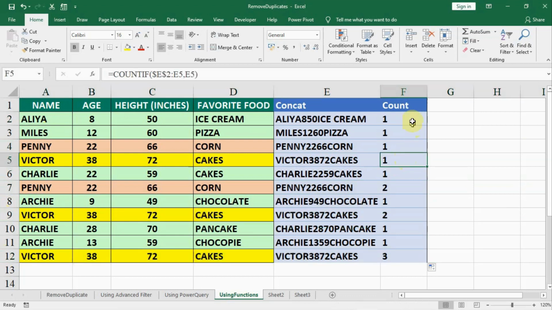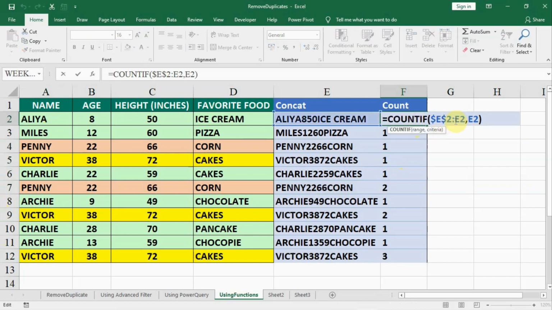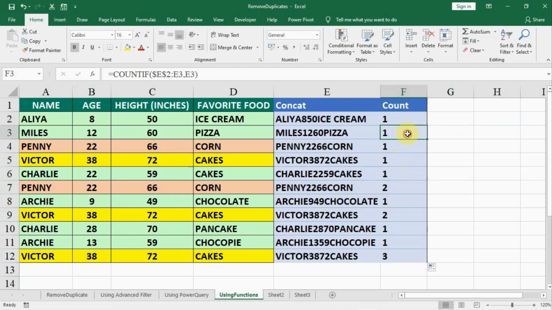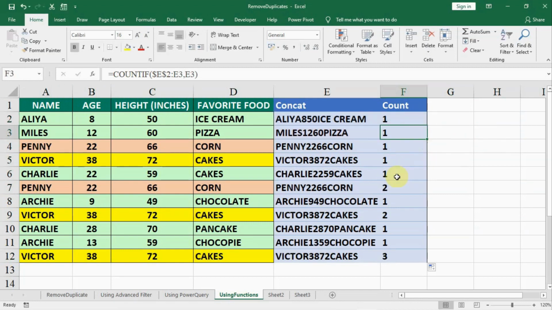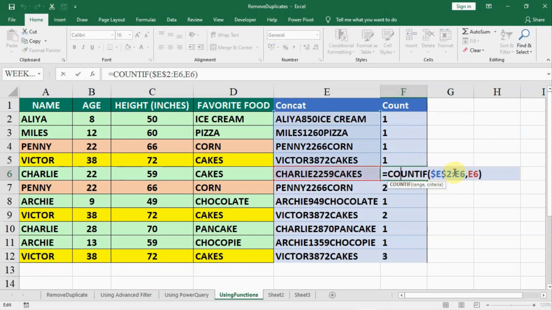In the first cell the range is E2 to E2, whereas in the second, because of relative referencing, it becomes E2 to E3 and is compared to E3. Similarly here, E2 to E6 compared to E6, and if both values are the same, it counts. That is what counting is all about.